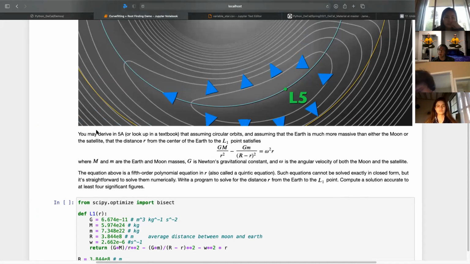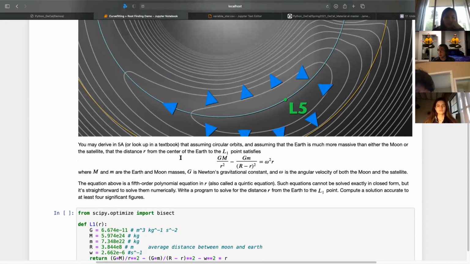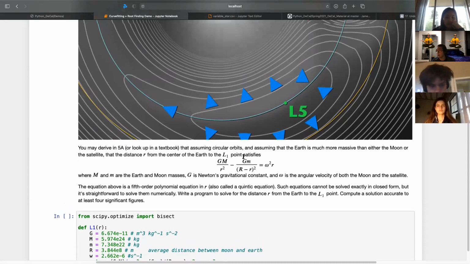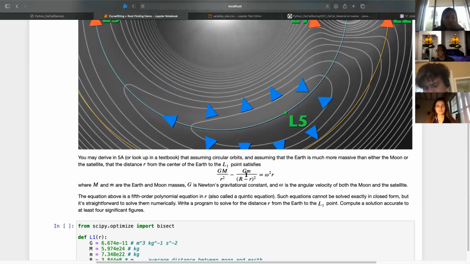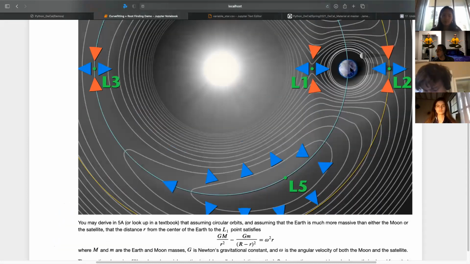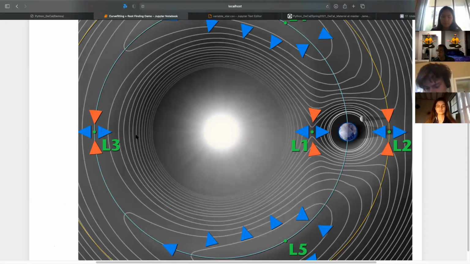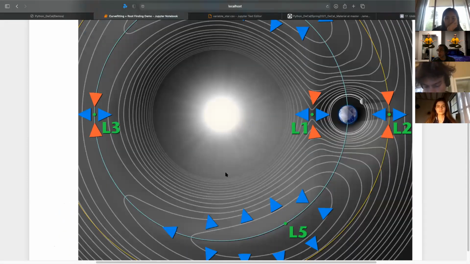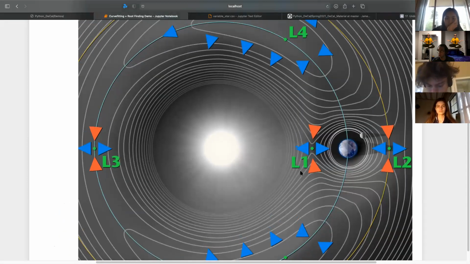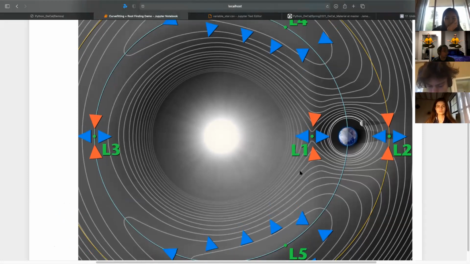if you look up, some of you may have done this in 5A, if you took 5A or your mechanics class, or 105, if some of you are in 105, you can actually derive a relationship that takes into account the Earth, the Moon, and the Sun, the 3 gravitational bodies. It's a 3 gravitational body problem. Remember how I said there's no closed form analytical solutions to the 3 body problem, but there are numerical solutions. In fact, there's 5 solutions to this problem where it's stable, right?